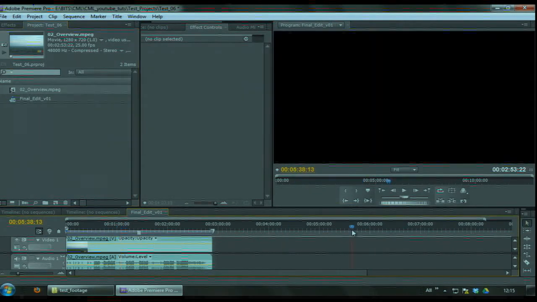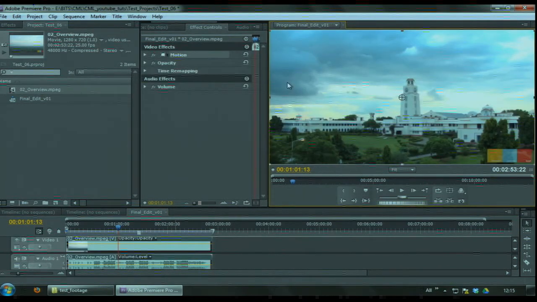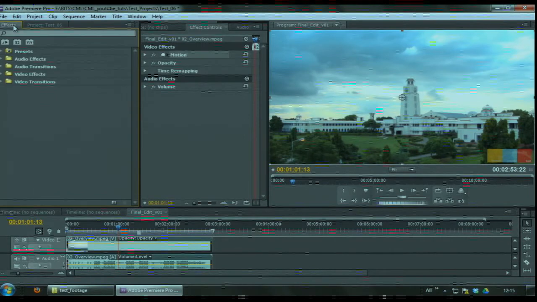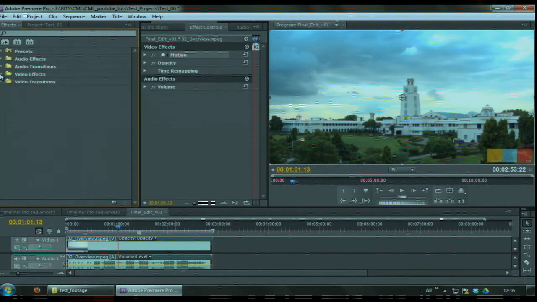This is basically your timeline, which shows the footage that you keep importing, and which is basically your final movie. And here we have this program tab, which basically shows your final video. So whatever you do here, it will keep showing me my final video here. Here is the project window. So whatever files you import here, they will come here, and you can also go to the tab called effects, and here you can just expand all these to see and try different effects. And then whatever effect you apply,